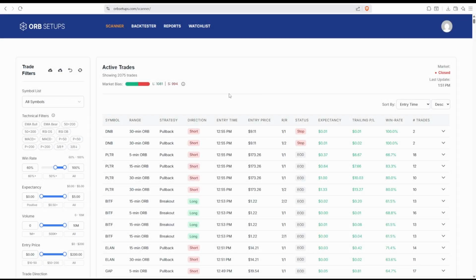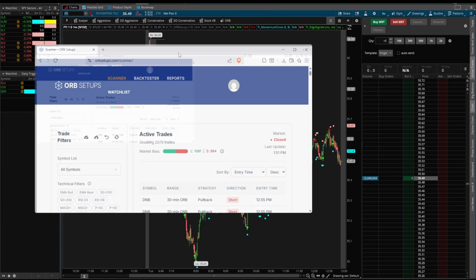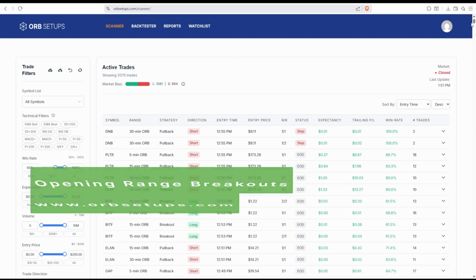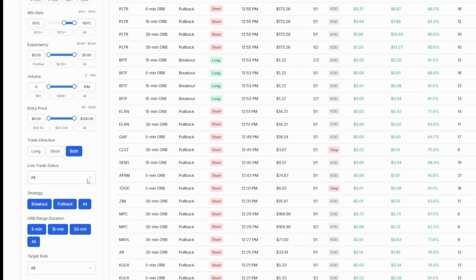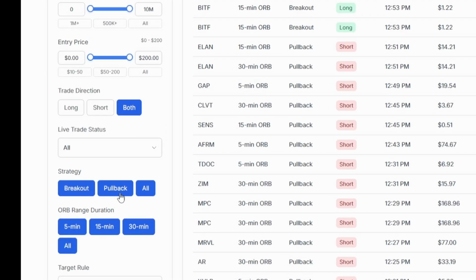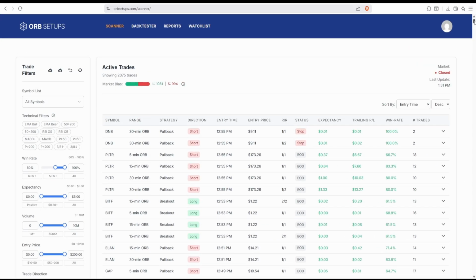In today's video, I'm going to show you how to use our opening range breakout platform to find trades throughout the day. If you're a full-time day trader, you'll find the breakout setup to be a little bit more useful. And if you have a full-time job and you trade on a more part-time basis, you'll find the pullback setup offers you better setups that fit your trading style with some of your constraints. I'll show you examples of both in today's video, but first things first, we need to understand how do we